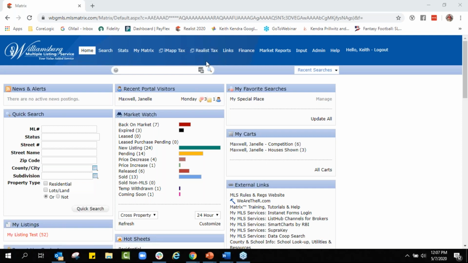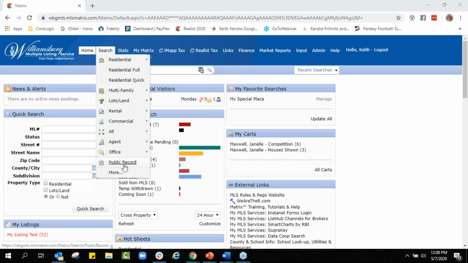And if you ever do see something that's not right, a discrepancy, you can always report it to your MLS and they'll investigate it. Basically, what you see in your tax systems, your county tax records, or I guess cities, because I realize that in some places in Virginia, you don't actually have a county. It's more or less an area or a city or something like that. So